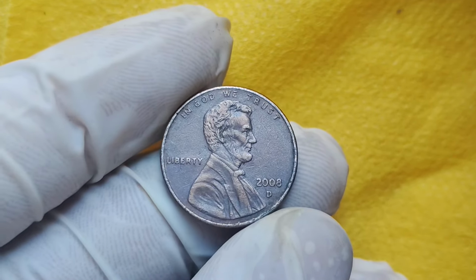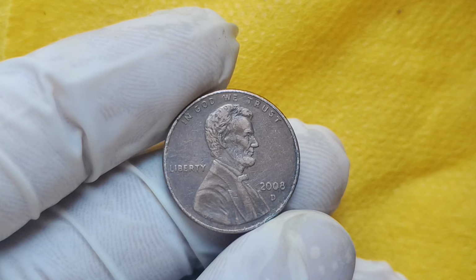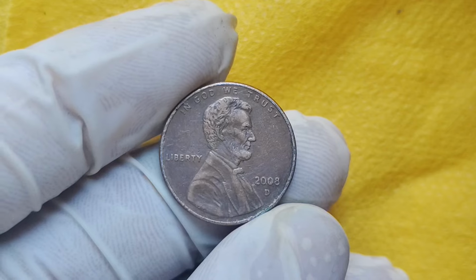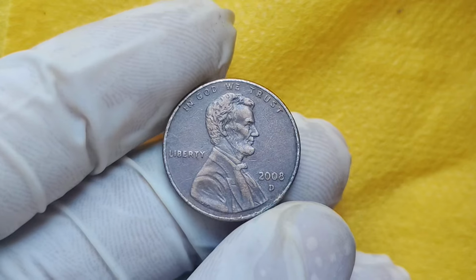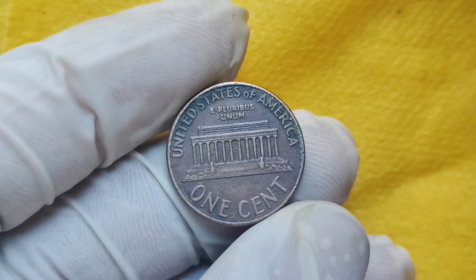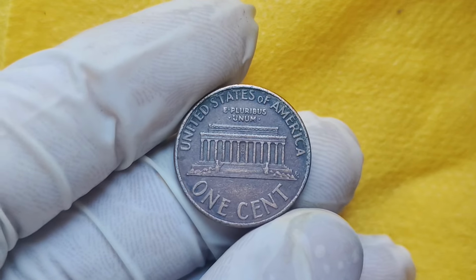Probably some teenager with a science kit messing around with metal composition. Folks, I went from feeling like a millionaire to realizing I still had to wake up for work on Monday. Brutal, but that's the thrill of coin hunting. Sometimes you win, sometimes you learn, and sometimes you just end up with a giant jar of pennies and a disappointed spouse. So, there you have it, the 2008 D